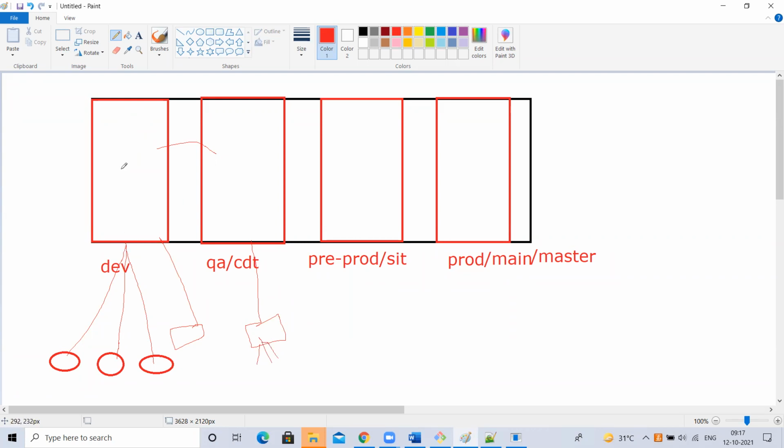Now developers will keep continuing coding, right? When QA is passed, we will move that to pre-prod for one more round of testing. That will be deployed in the pre-prod server and tested once again. Once this is passed, we will move it to production, where end users will be using it. By the time we move to production and our application is running in production, developers have completed some more coding. We'll move it to QA, QA testers will test it, we'll move it to pre-prod where one more set of testers are going to test it, then we will move to production.